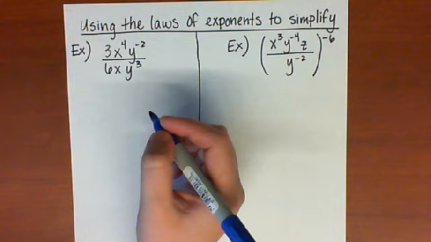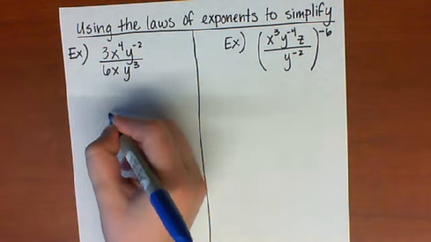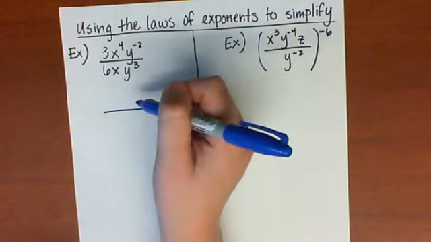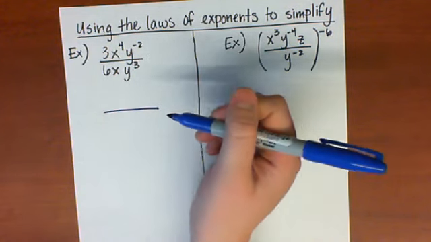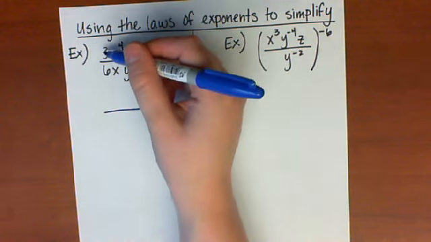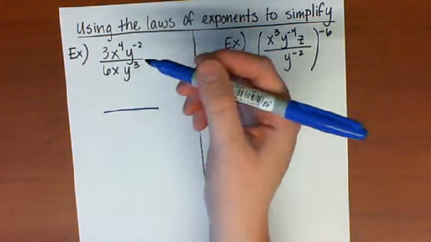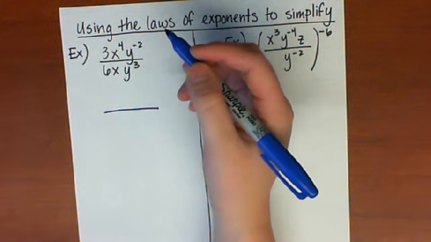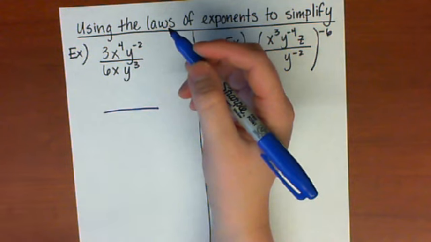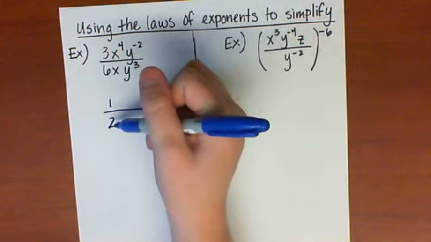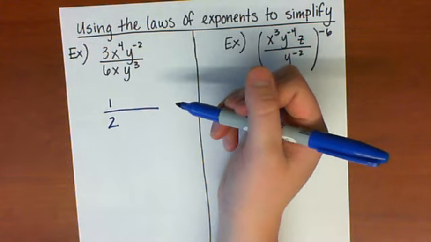So I'm going to start here with my fraction bar. I'm going to have it all ready to go because I know that some things might end up on the top of the fraction and some things might end up on the bottom of the fraction. So the first thing I notice is that I have 3 over 6. And that's just exactly like the fractions that we've been dealing with before. So you simply remember that if I reduce 3 over 6, that fraction reduces to 1 over 2. So I have a 1 in the numerator and a 2 in the denominator.